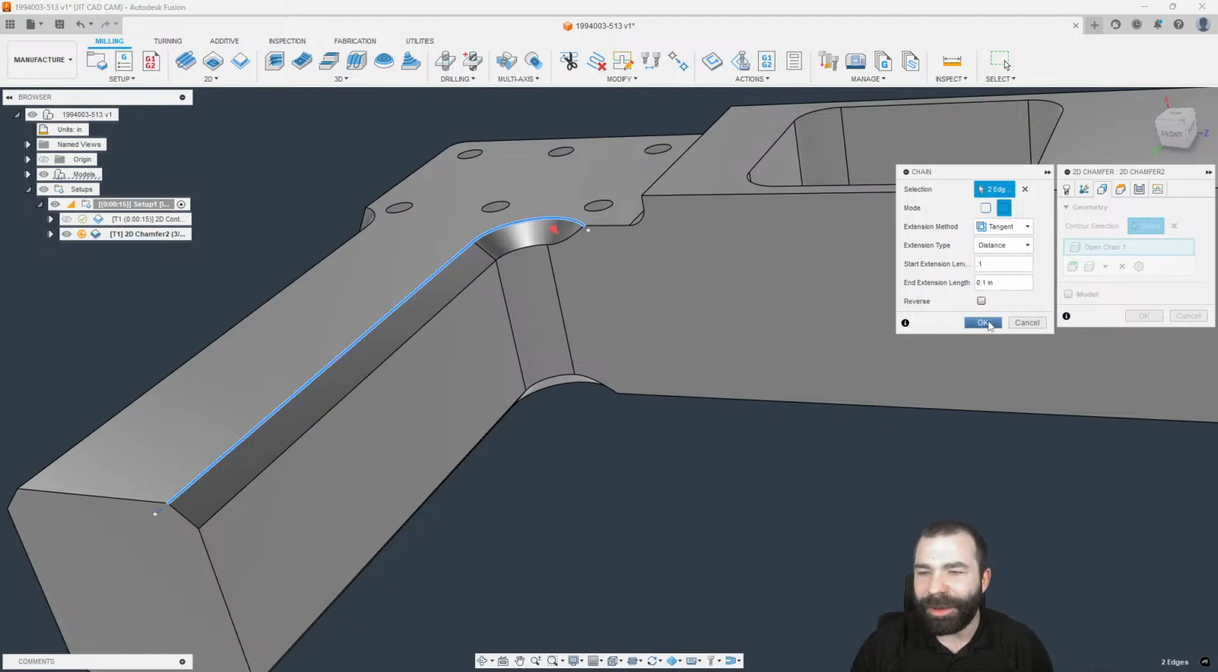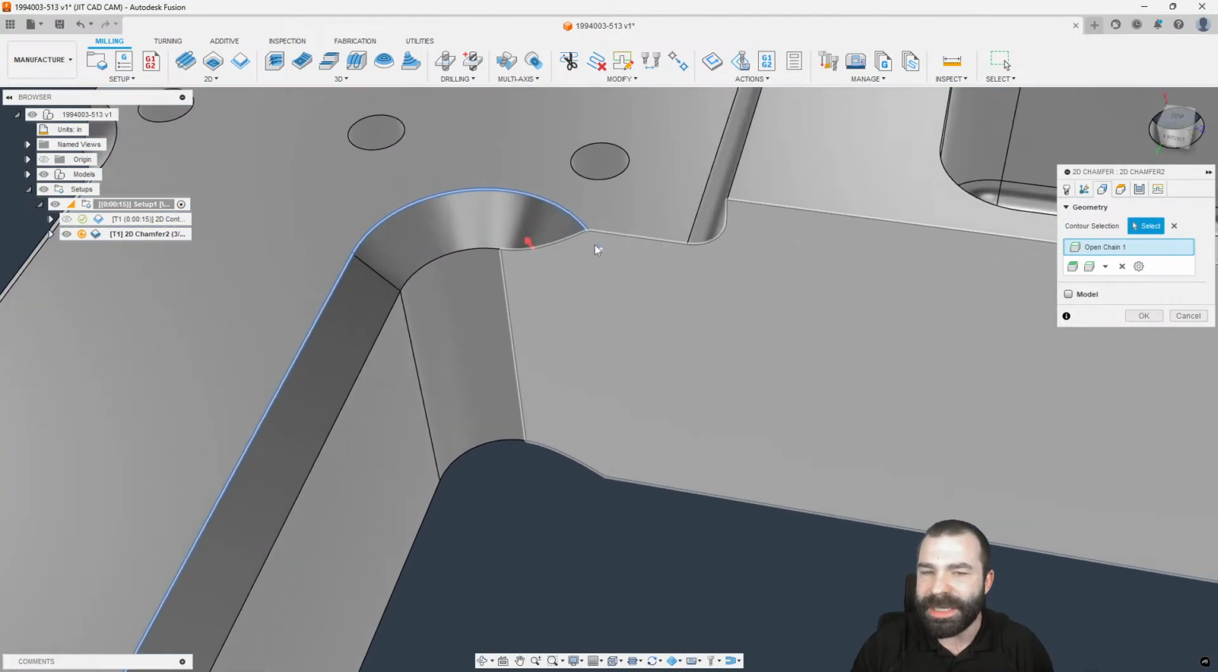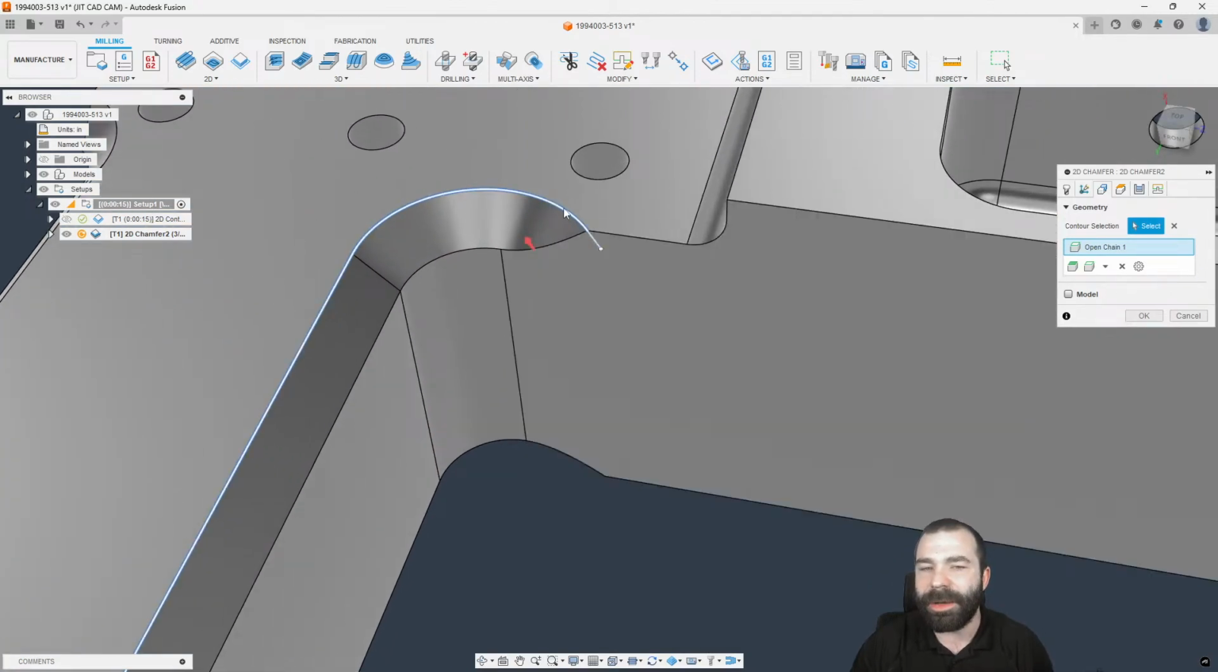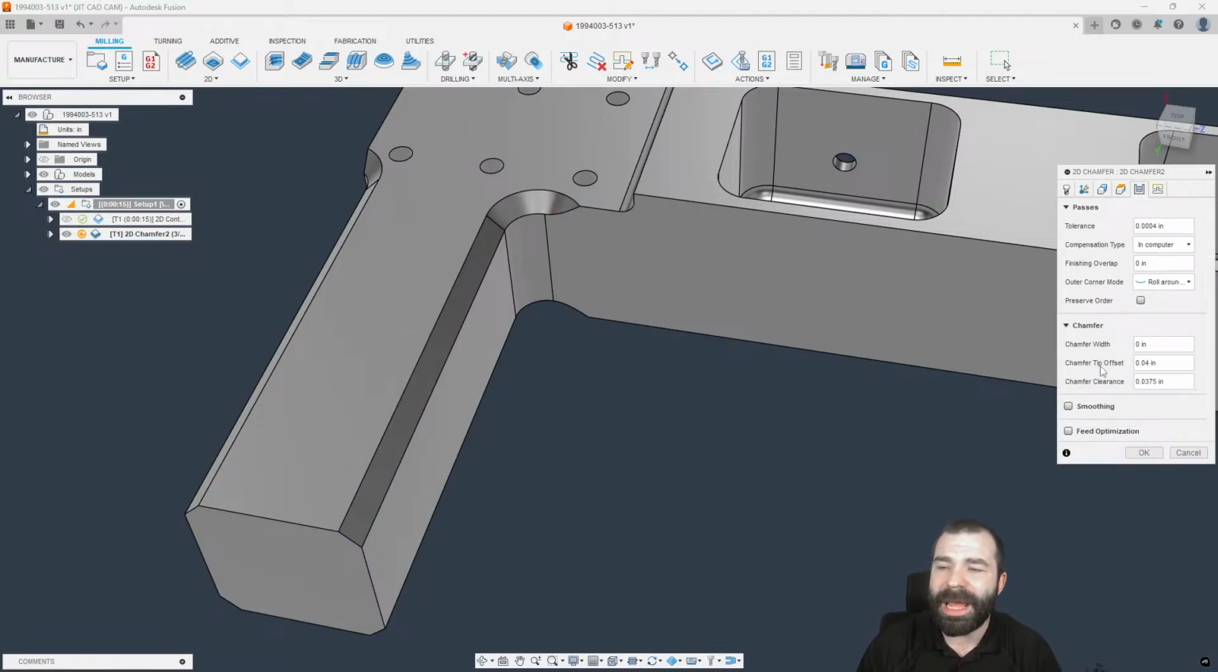And if you can't tell already, what's going to happen is we're going to extend off of our part tangentially. But as you can see, I could start out here and then come into that edge and around that edge. Now, the trick here when using 2D chamfer is we actually have to use our tip offset, because this is